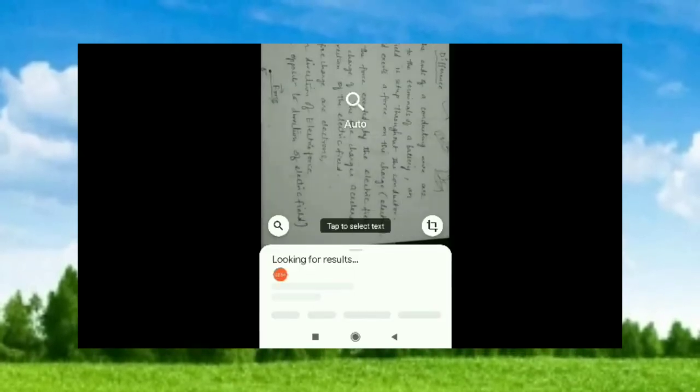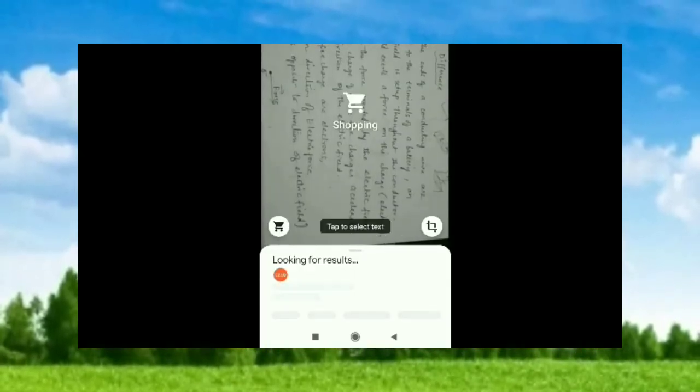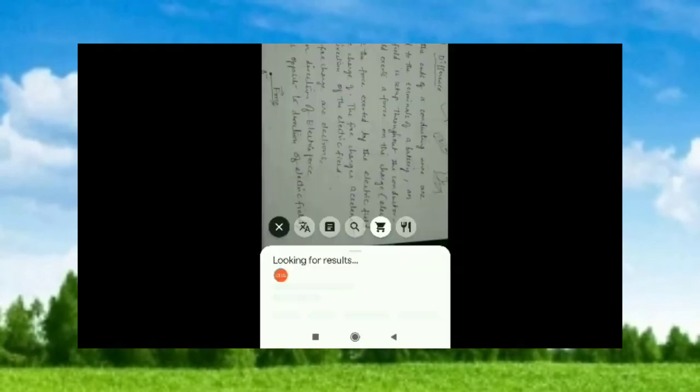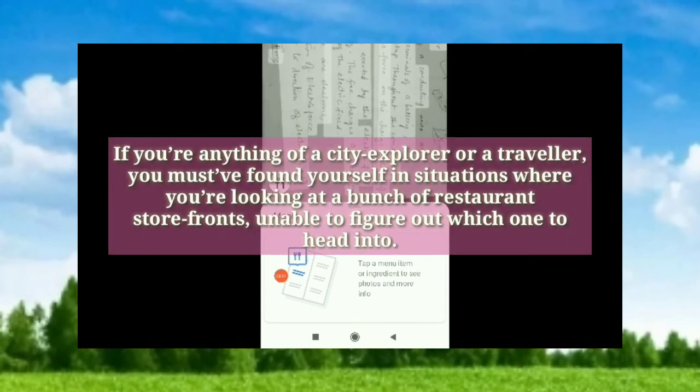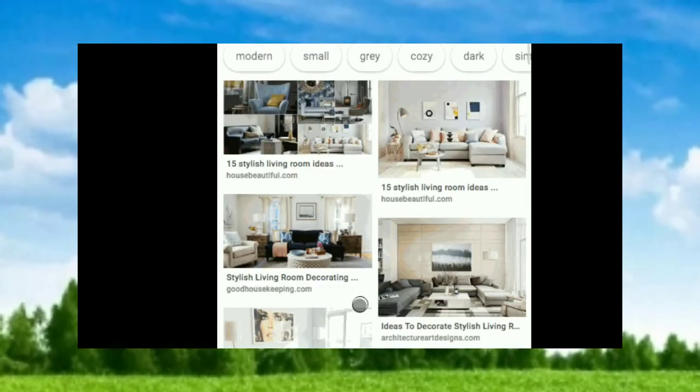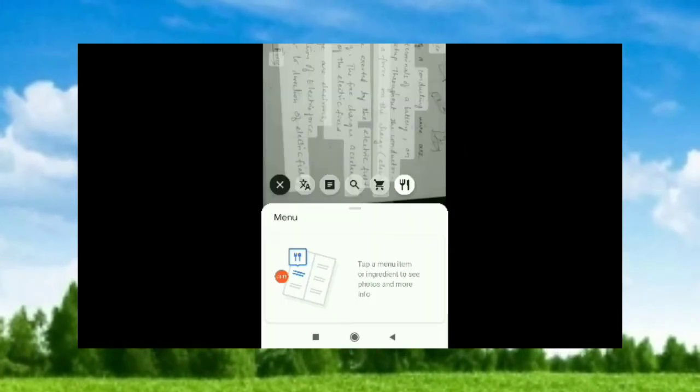This is the search engine which I already showed you. This is a shopping feature, it has been included here. This is a restaurant dining feature also. You can select whichever you want to search for. These are some of the features included in Google Lens for easy access. I hope this Google Lens app is very useful in our daily life. Now I'll move on to my computer and show you whether it has been transferred easily or not. So let me check the computer.